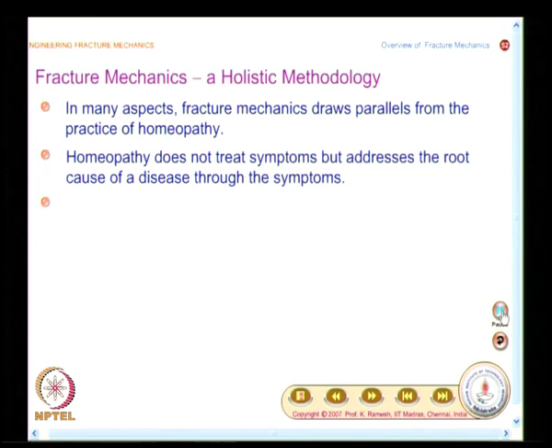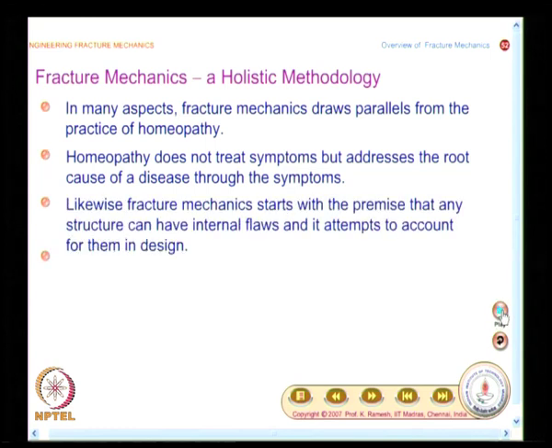In a lighter vein, I would like to introduce the important aspect that fracture mechanics is holistic. Now holistic health is a buzzword in your fitness consciousness circles. People want to be healthy. At the drop of a hat, you go and take a medicine. People want to remain healthy. There are a lot of alternative medicines that have been focused upon, and some kind of an analogy exists between fracture